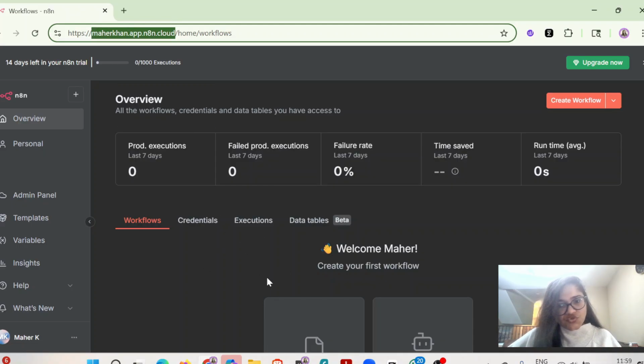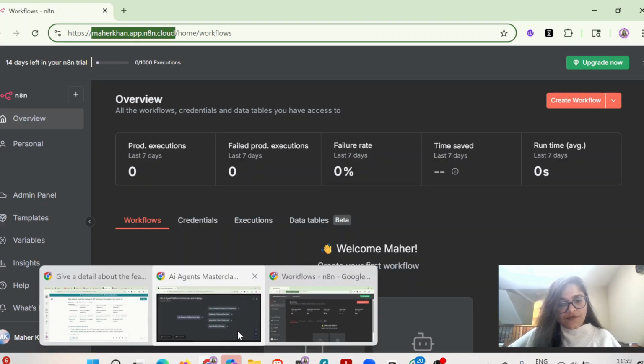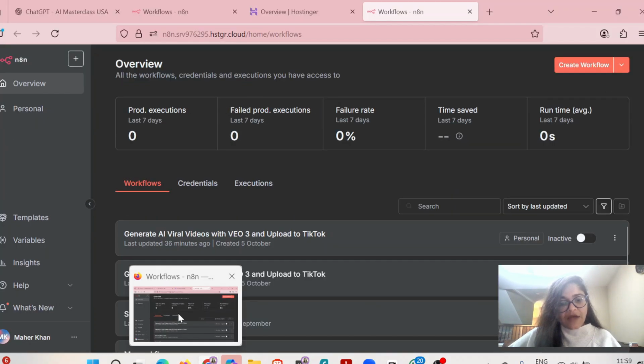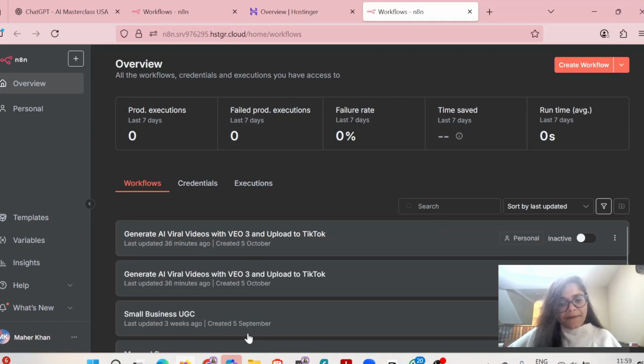So it's your choice, because if you are buying on Hostinger, you have to buy there. But if you want to test and you are a beginner, you can open it on the N8N website directly and go for 14 days. And after that, when you have to pay, don't pay. If you want to keep it, then switch to Hostinger for the cheaper option.